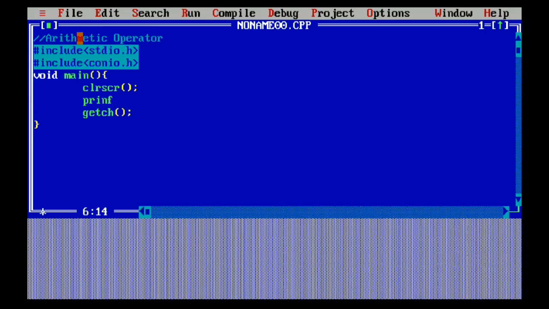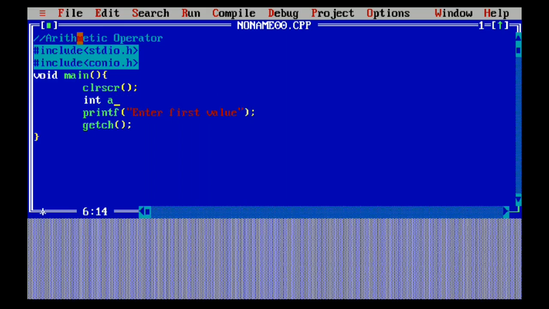So let's start with the program. printf, enter first value. We are going to scan the value from the user, so we will use printf and scanf. If you want to scan some value, we have to declare variables.